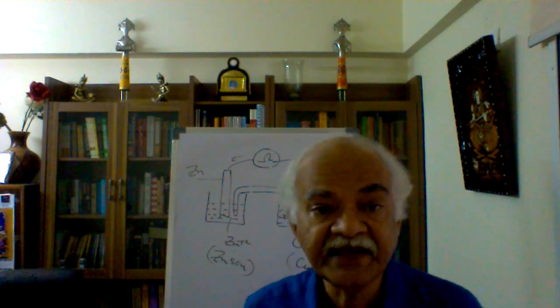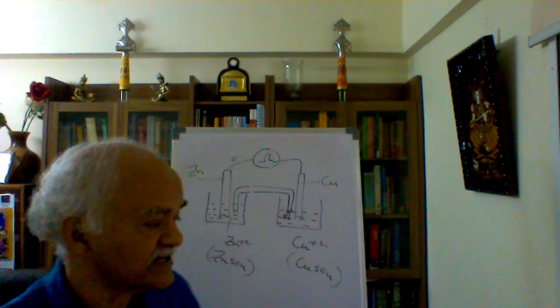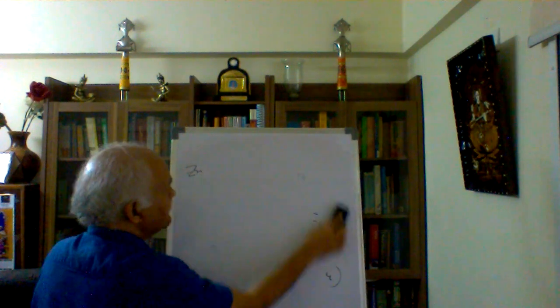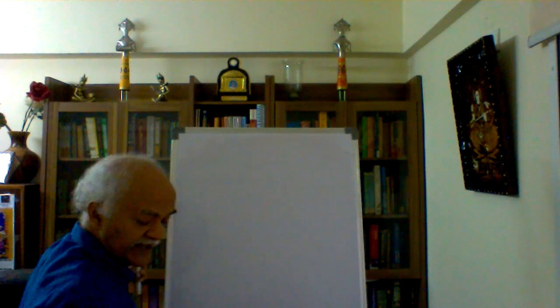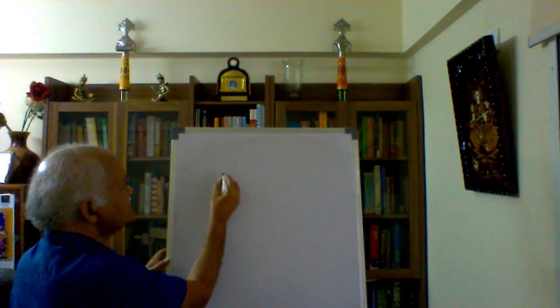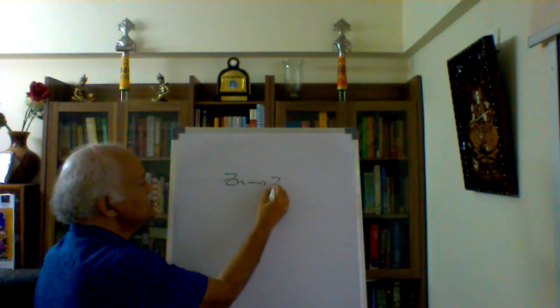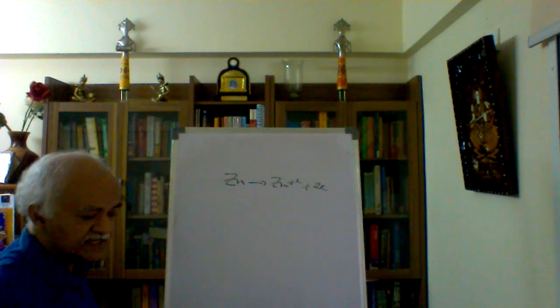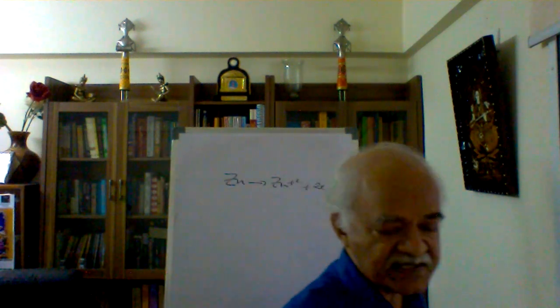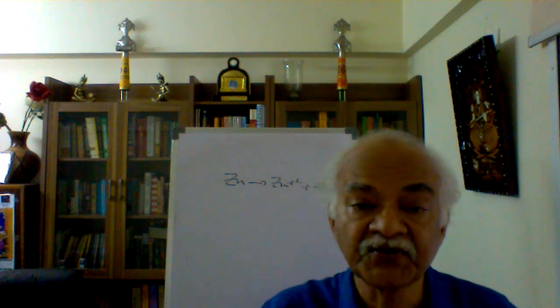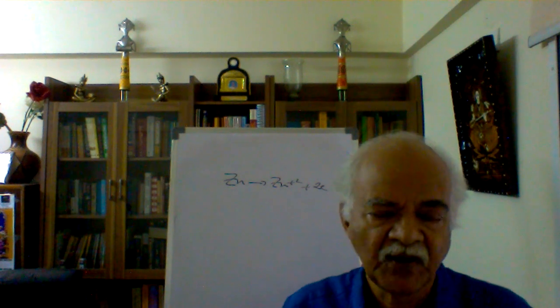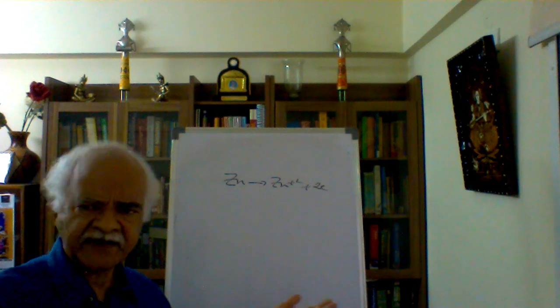Now, if you take again the same reaction, what are the two half reactions involved here? I am rubbing this diagram here. If I am taking zinc to start with, what is the half reaction involved for zinc? Zinc loses, and this is the reaction. That means, is it undergoing oxidation, zinc? Yes. That means the corresponding electrode potential is an oxidation potential, obviously. Oxidation potential. And you are also aware this is taking place spontaneously.